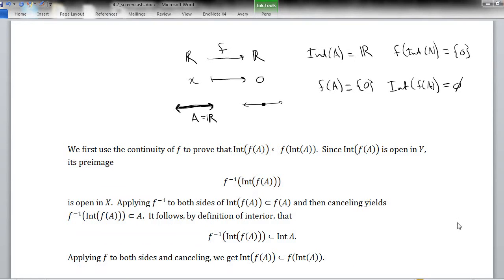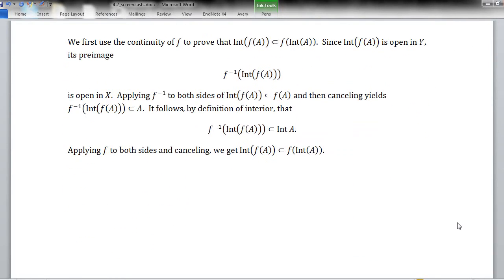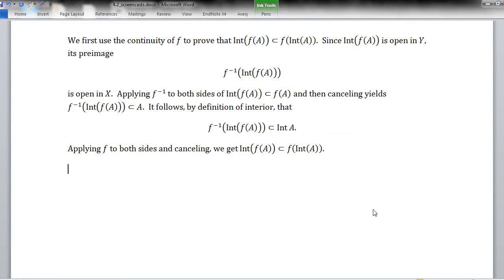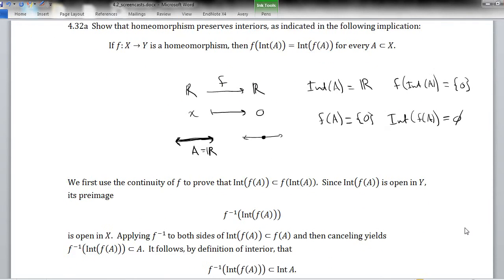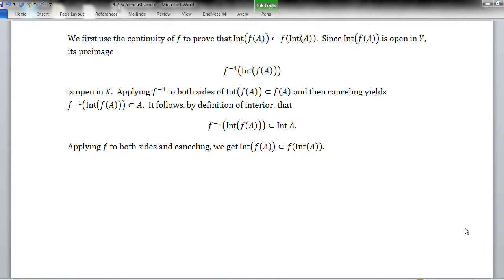So we're halfway there. And the good news is we can kind of cheat by using what we know to get the other direction. If we used continuity of f to prove this inclusion, remember, f is a homeomorphism, so f inverse has to be continuous as well. So we're going to use the continuity of f inverse to get the other inclusion. Since f inverse is also a continuous function, bijection, we have that,